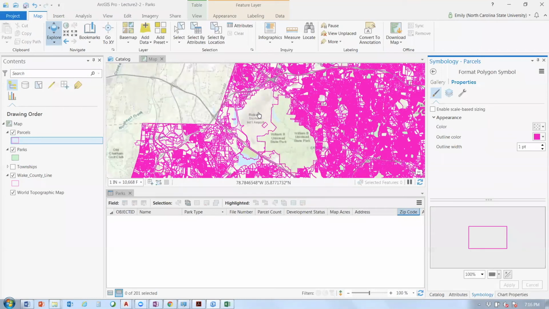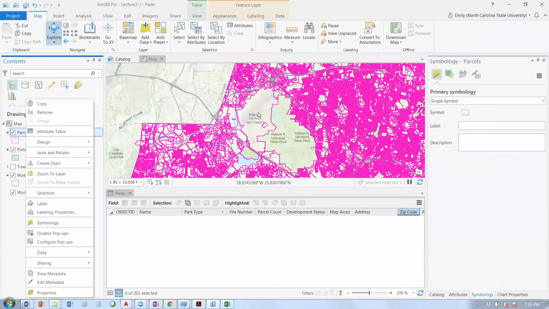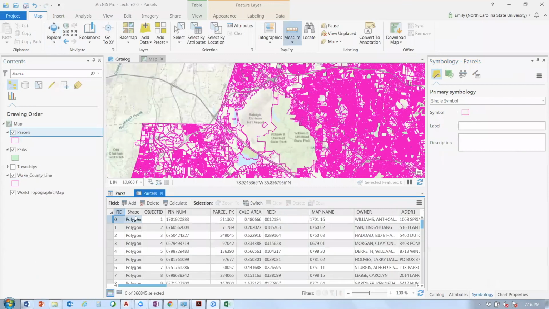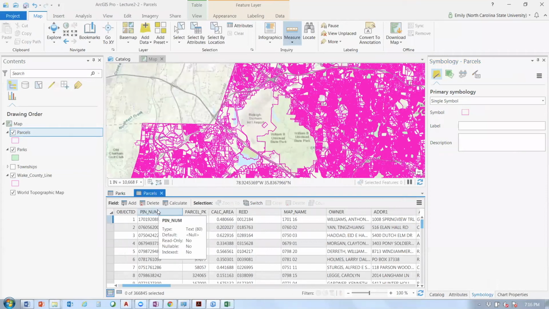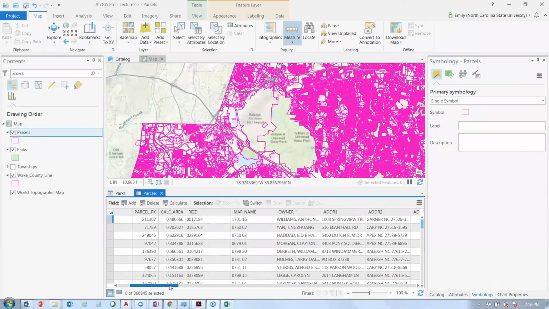So if we open up the parcel attribute table, you'll see that there's a bit of information. There's the PIN number, which is sort of like the tax ID number that you can use to look up real estate values and whatnot from the city's website. You have a calculated area,